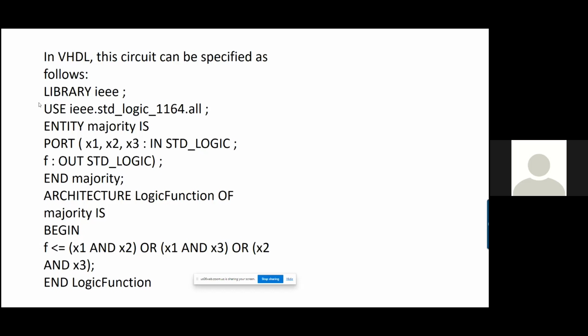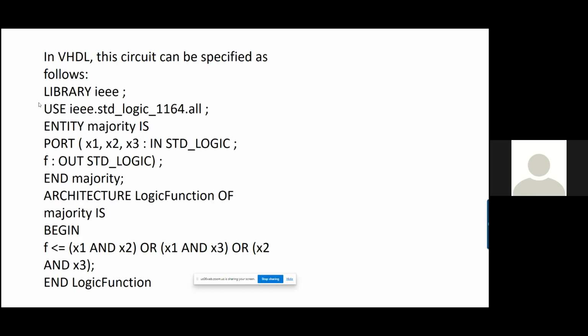And then we can declare an entity having the name majority, in which 3 ports are there, X1, X2, and X3, which are treated as input, and the logic is standard logic. Now F is another port which is output in nature, and the logic is standard logic.